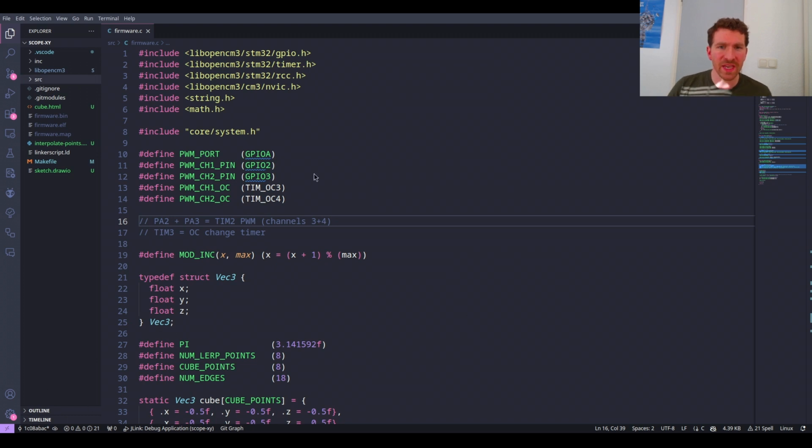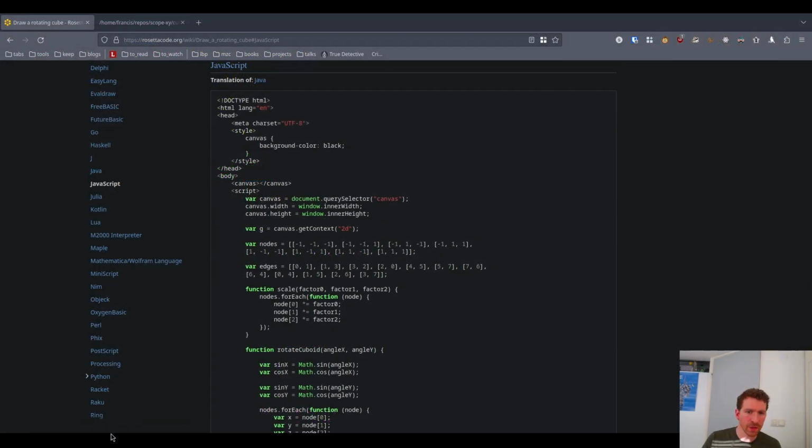And that's basically what we got in this code. Before we actually go into the code, what I'm going to show you is how I got to this, because I don't just know how to rotate a cube from the top of my head. Although I know some people do, they could just write this in an instant. What I did was I went over to this website, Rosetta Code. Well, I actually Googled for